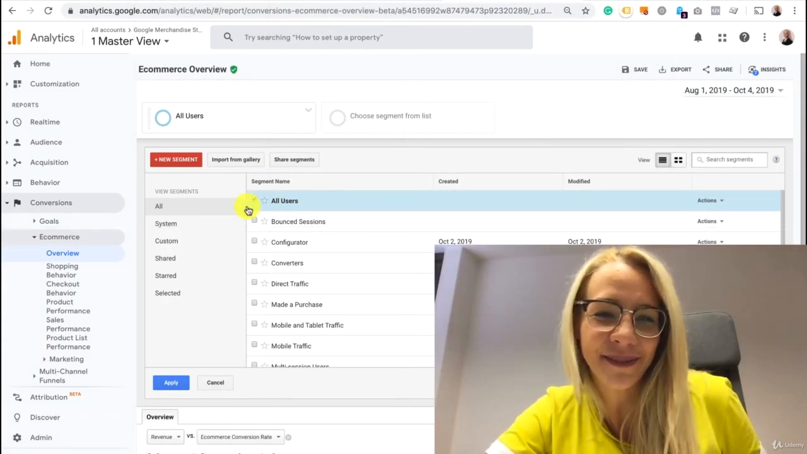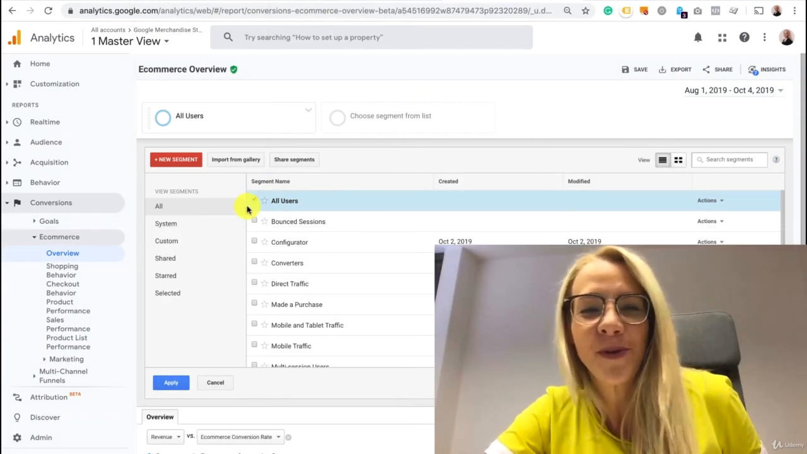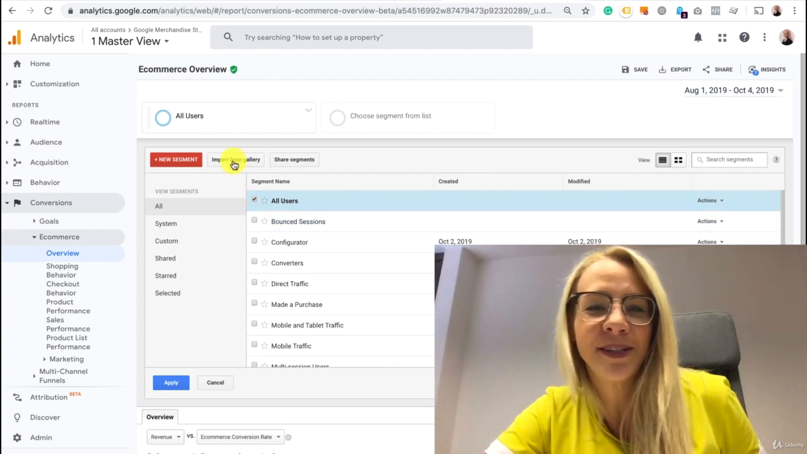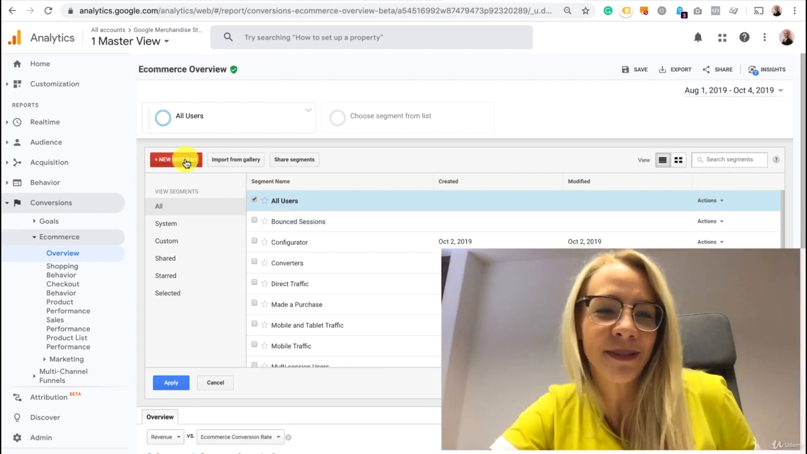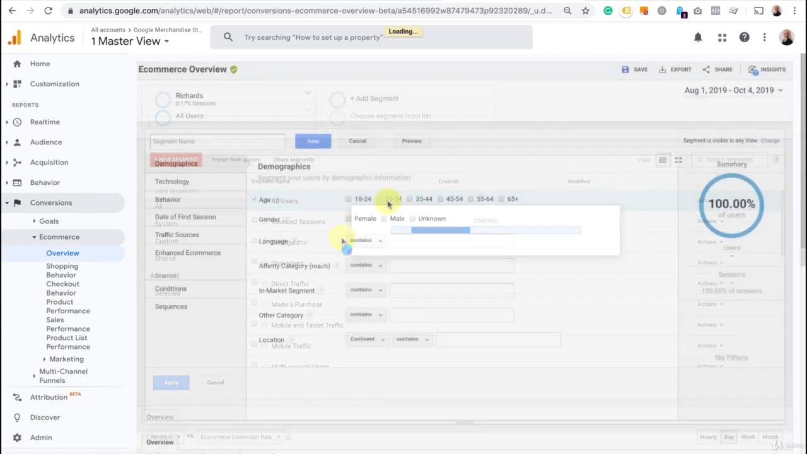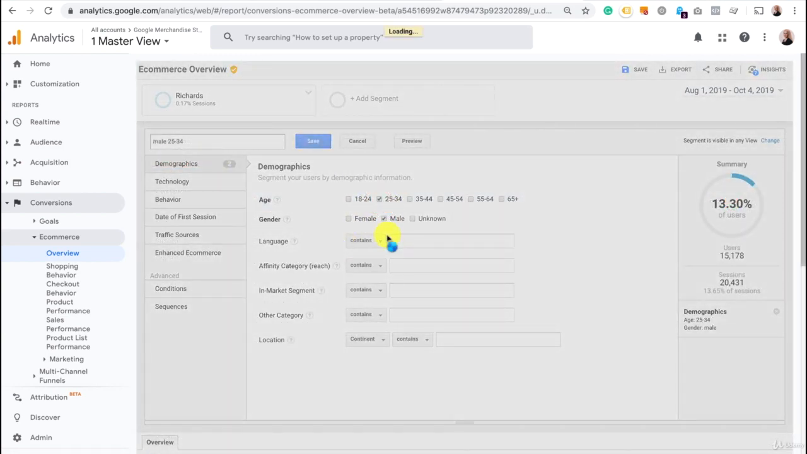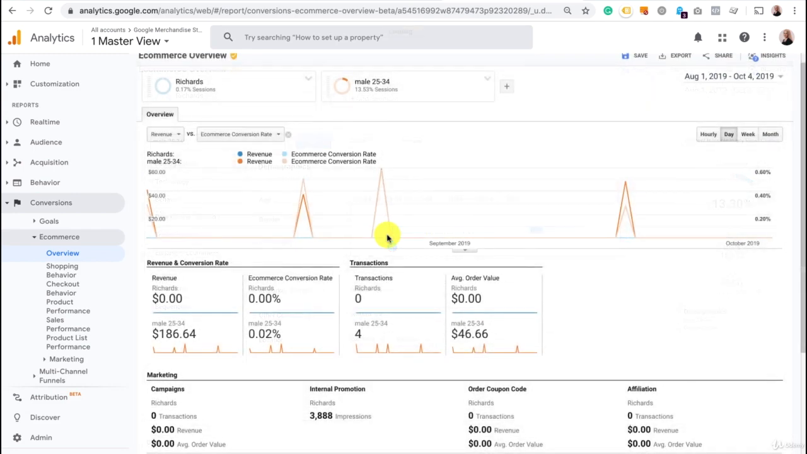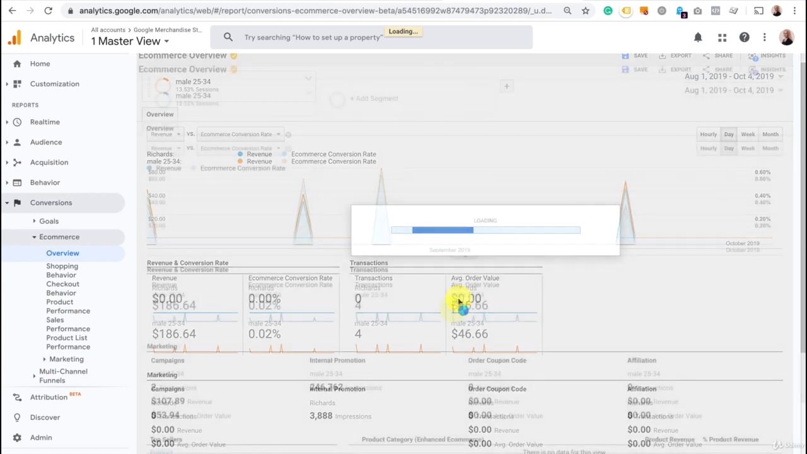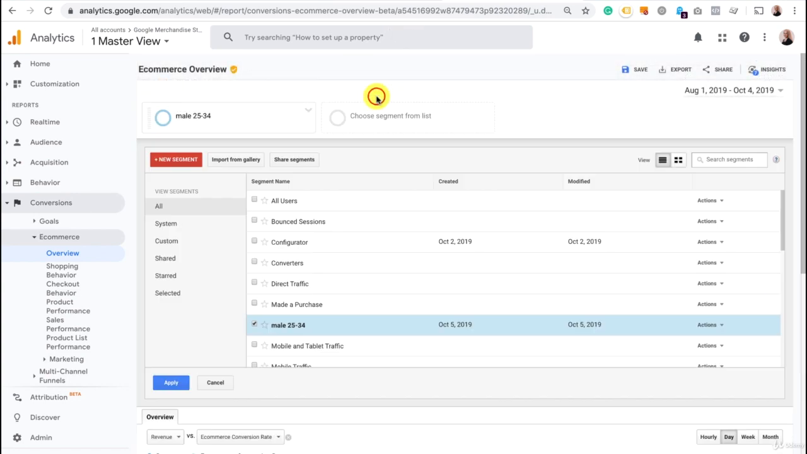Create a custom segment here. We will do it from scratch, but you can import segments from the gallery as well. So let's say that it is male. Let's see how that goes. All right, here I finally have some data that I can work with, and I am comparing it against, let's say,